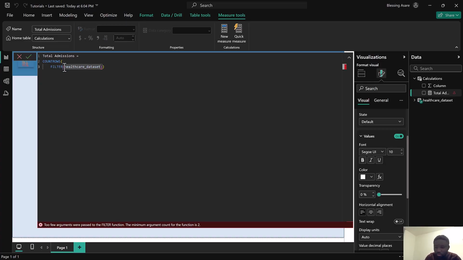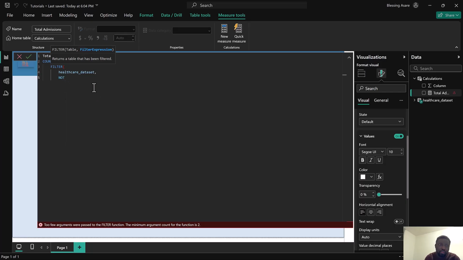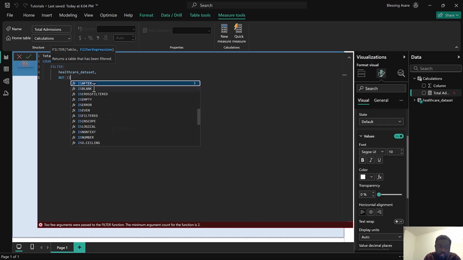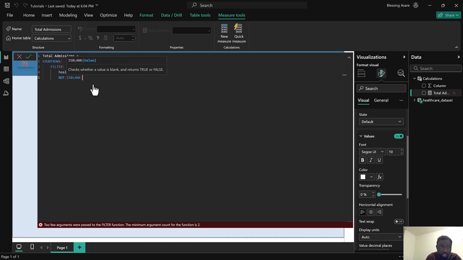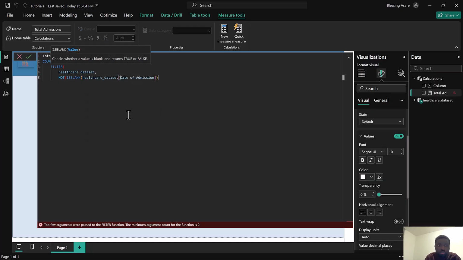So you press shift and then you press enter and you're going to get this. So data sets, let me select, then comma, then shift plus enter. And then I'll select not blank, so I don't want any issue. So not, then it's blank. So we don't want to count anything that is blank. Then healthcare data sets, and then I'll select date of admission. So there is my total. This is how I'm going to calculate my total